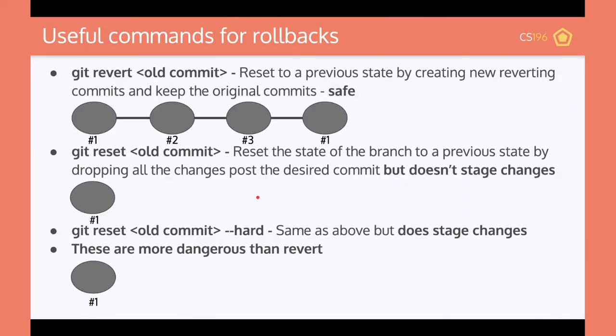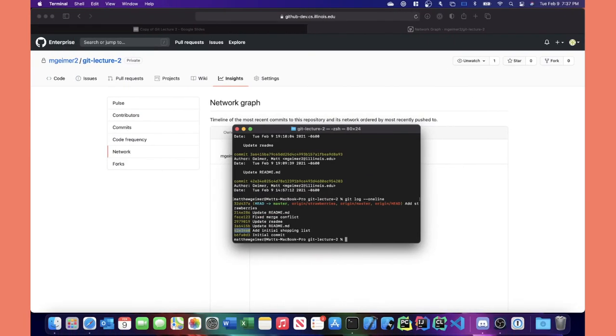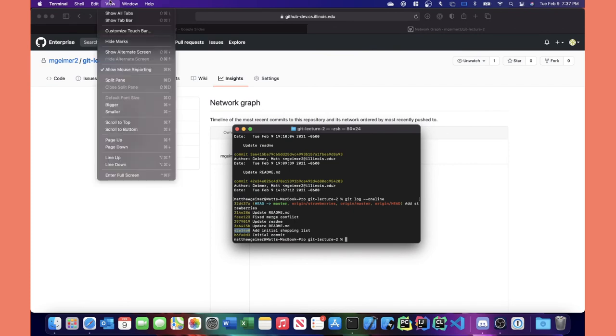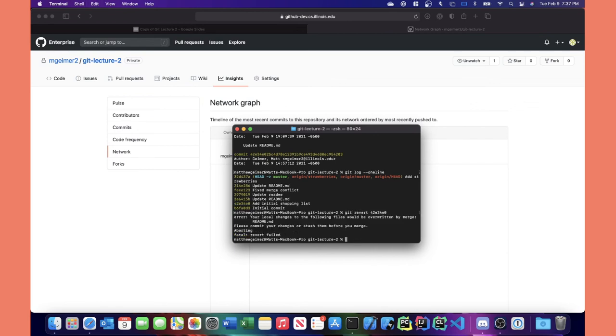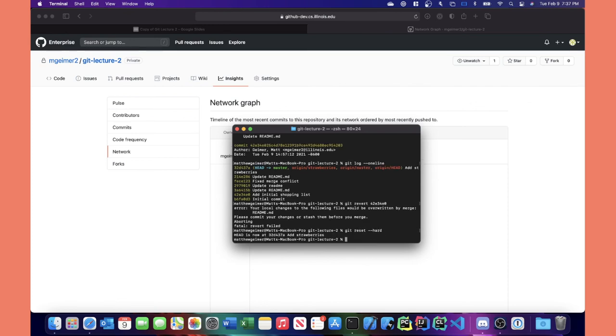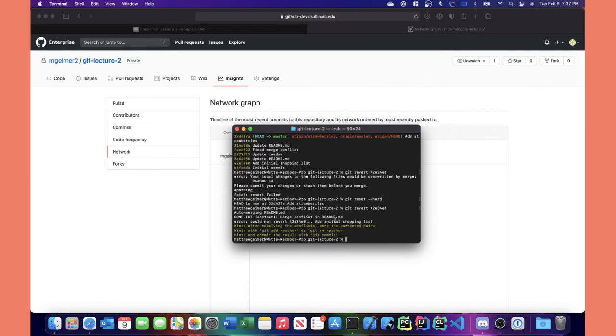So now what you can do is revert, reset, or reset hard. This was the command I mentioned you shouldn't be looking at when I typed it in. So you'll notice that these all have a shorthand for it. So I can copy that and I can say git revert and then there. And oh, right. So first off, I'm going to reset back to the head. And now if I do that revert, you'll see,